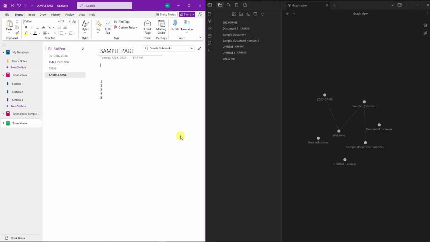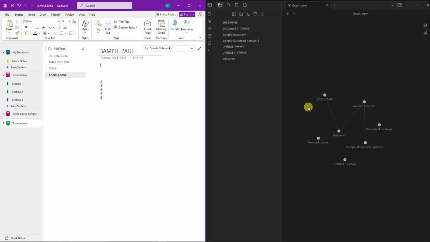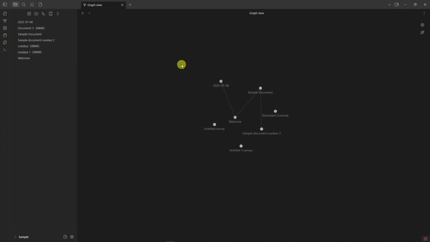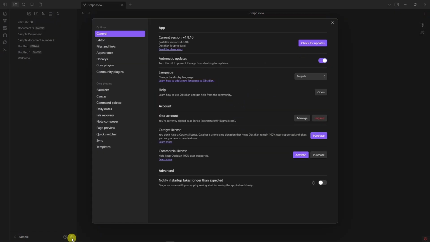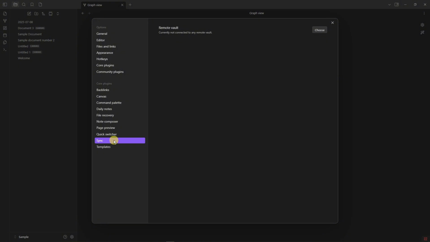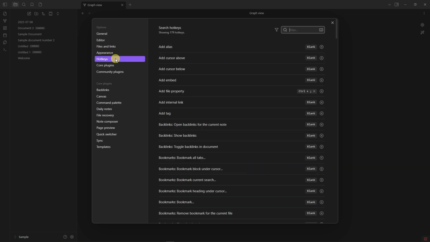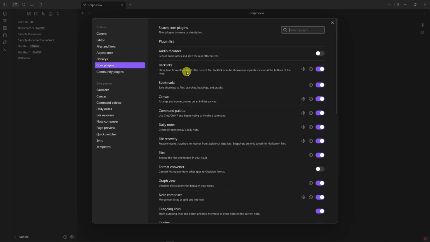How about we talk about the next one, flexibility. So Obsidian is highly customizable. Starting from coding, as you saw earlier. You can also install community plugins. If I full screen this one and check on the settings right there, there's gonna be a lot of things here. Starting from templates. The sync option is gonna be awesome here across all devices. You have your daily notes here, the files, the hotkeys, the core plugins, the ones I was using earlier, and of